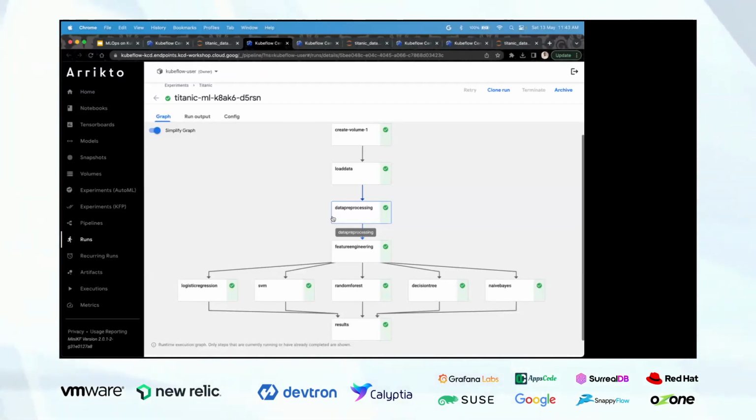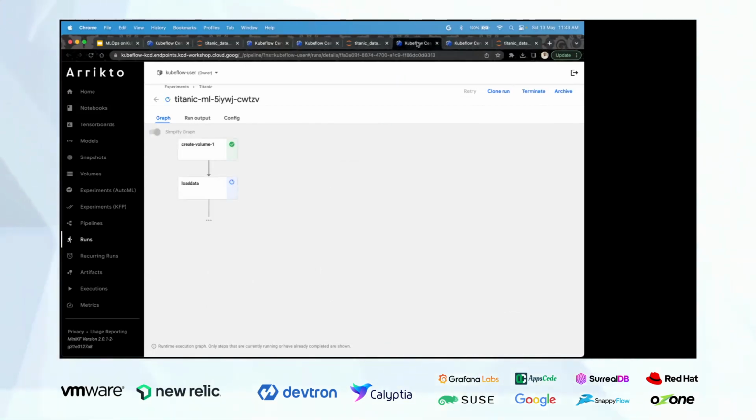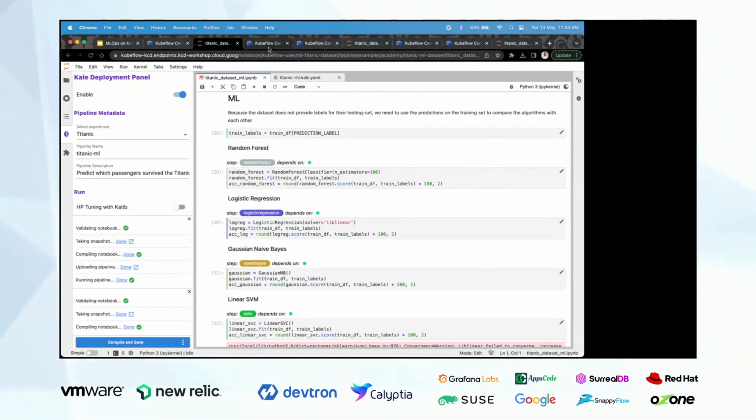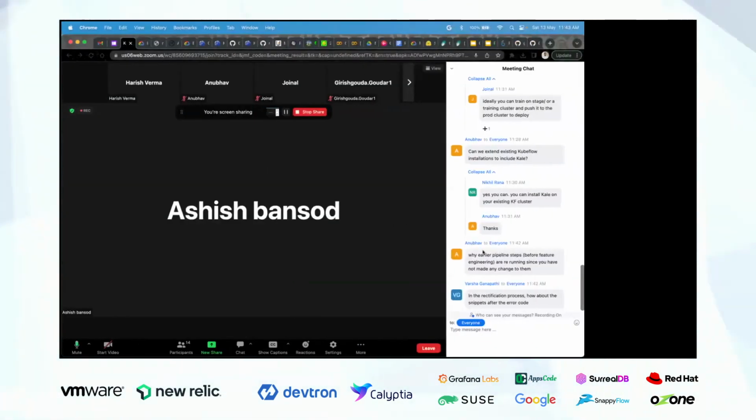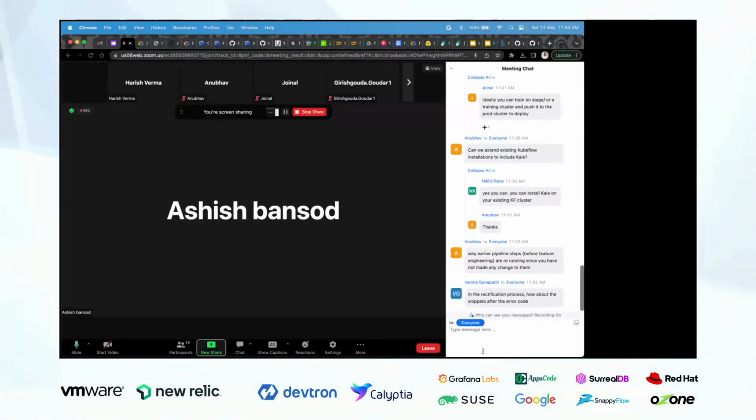Let me reiterate my question. As what I have learned, for a large data set we require a large compute, so that we can build our ML or AI model. So how can I integrate that with our pipeline? That was the question. And what about the snippets?